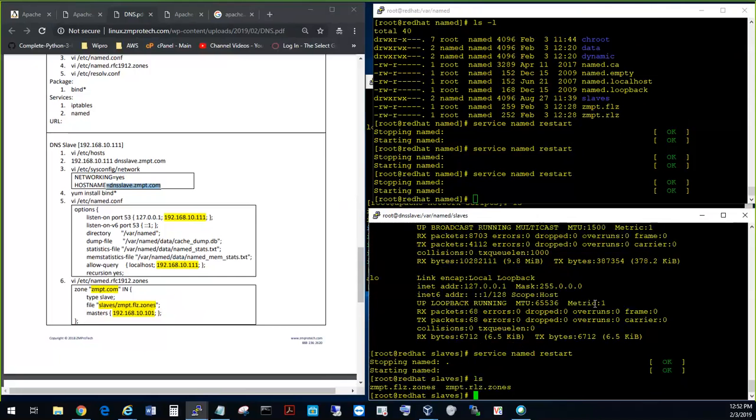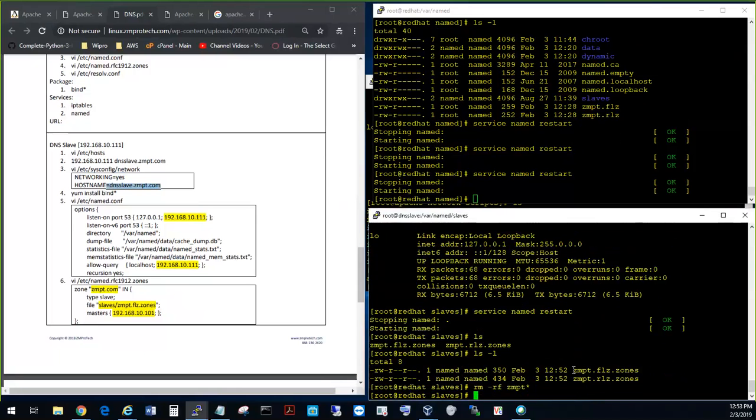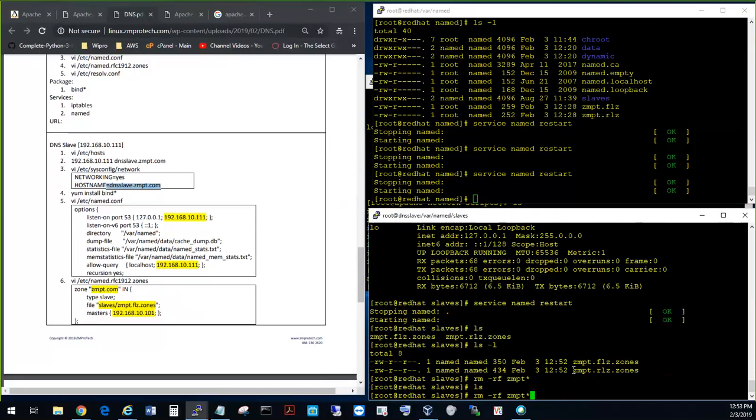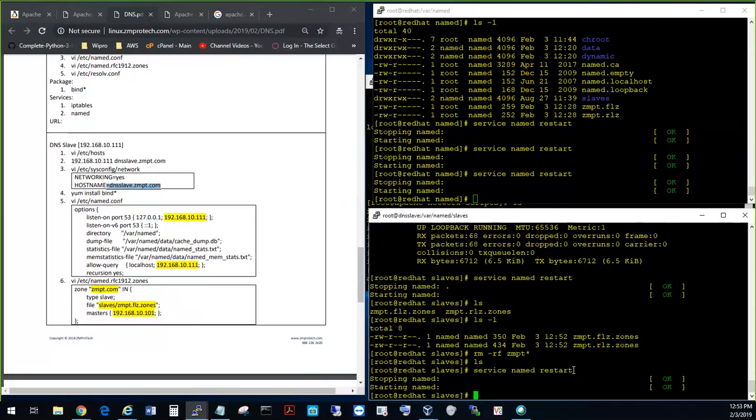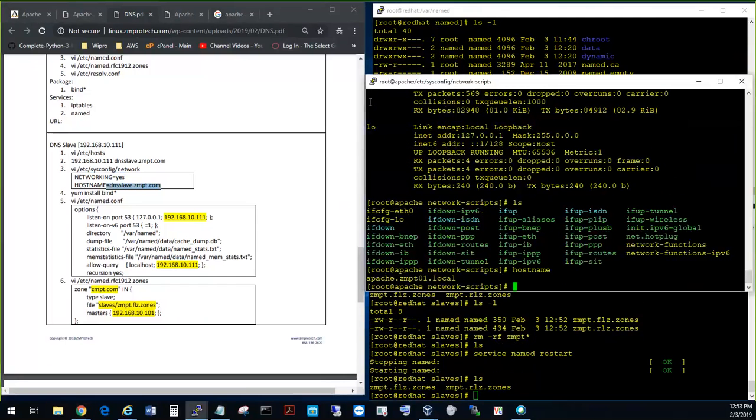Okay. You see those files came back? That means whatever changes have happened here, it will come back here. Remember a moment ago I removed this, there was nothing in there. Let me try removing it again. So nothing is there. Let me restart the service, and let me do ls again. And it's there. So the important thing is in this demonstration, it didn't work, but I'll figure it out